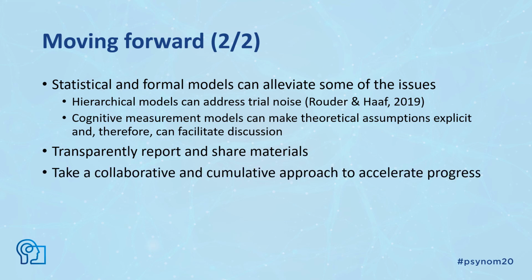And last but not least, we think that such a more transparent, but also collaborative and eventually cumulative approach across the community can accelerate progress in the field. Having come together as a community to write this consensus paper shows that we can actually work together on this despite our diverging theoretical and methodological views, and that makes us quite optimistic that we can figure this out and advance our understanding of individual differences in attentional control.